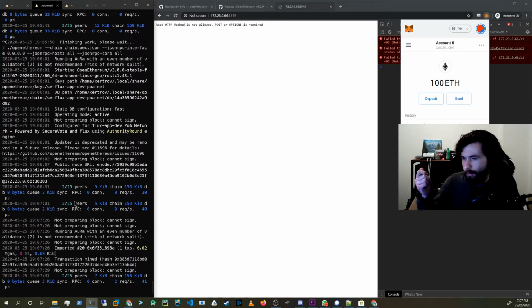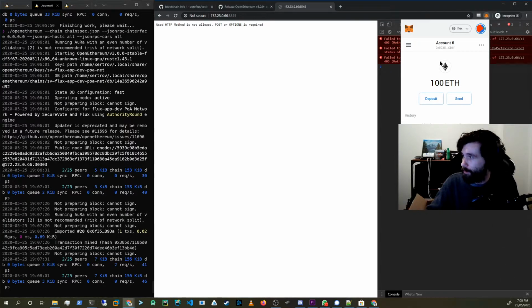Anyway, that's pretty much it. Okay, so now we have an address set up, we can use it. We've got our node that's running. So what I said before, if you do want to set this up as quickly as possible without going through the process of running a node locally, even though you can see it's pretty simple,